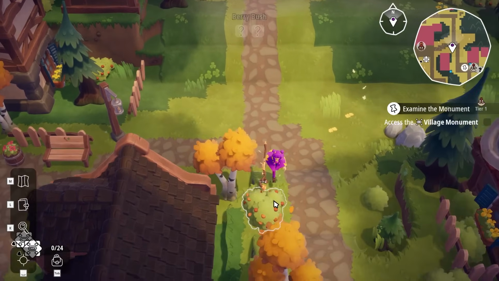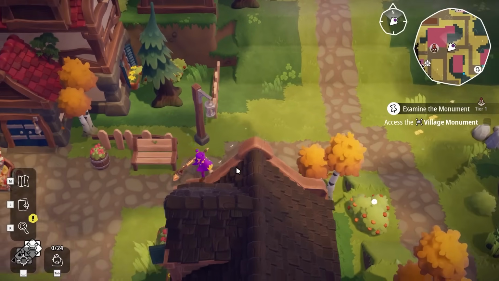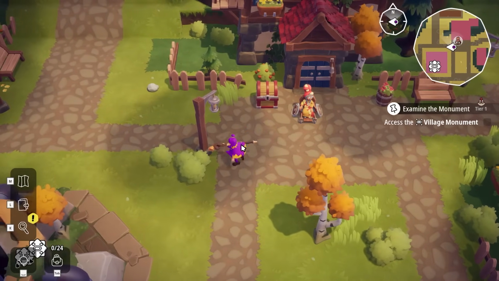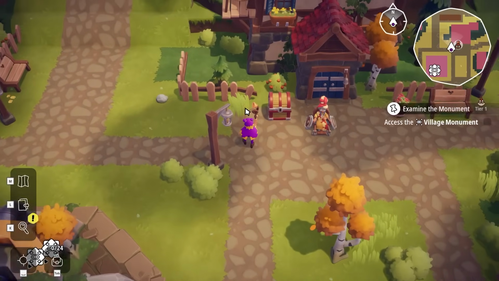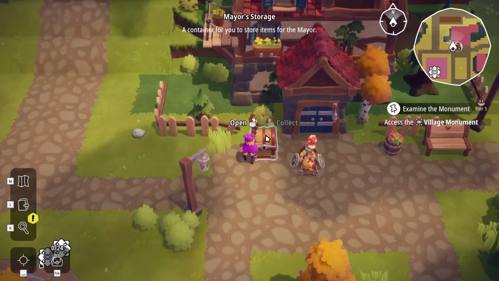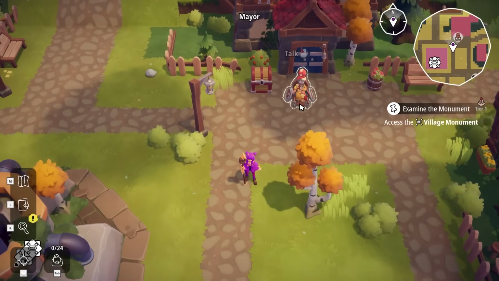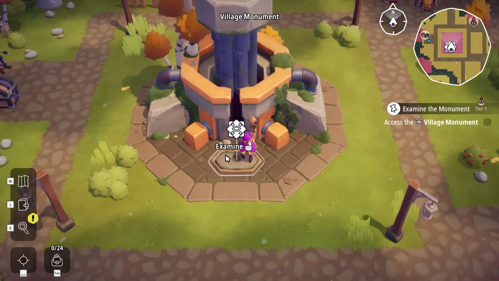Oh, I can gather things off trees and stuff. I bet my sparks can do that later. I'm imagining my sparks are like my automated things. They might have a different name, but... There's a chest. Oh, is that maybe just for me to store things then? That's the mayor. And here is the...